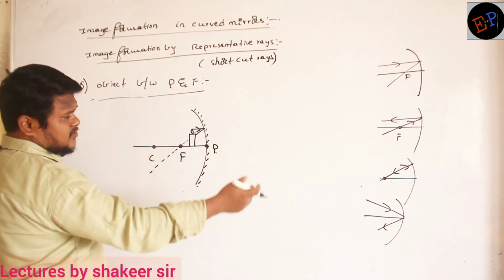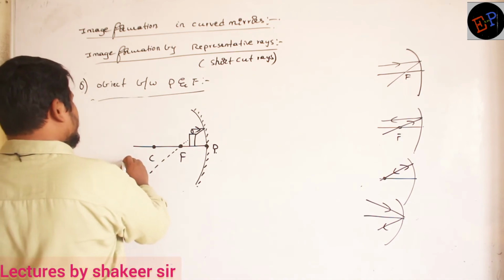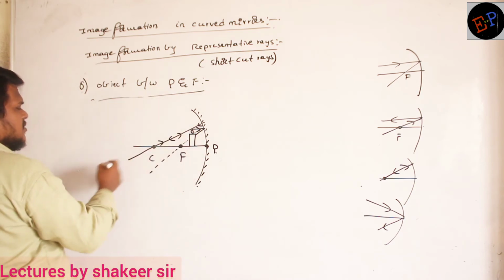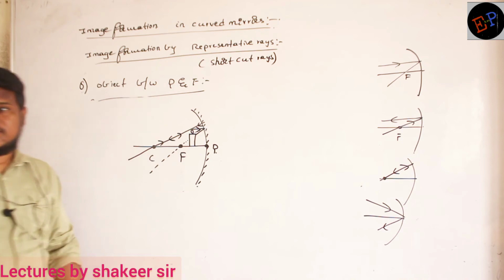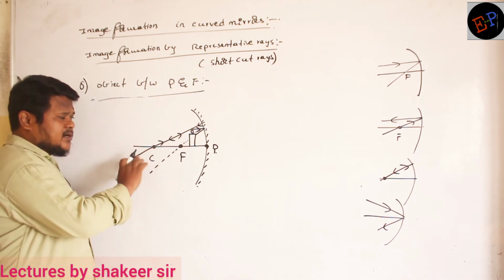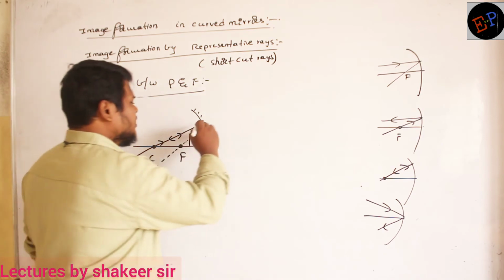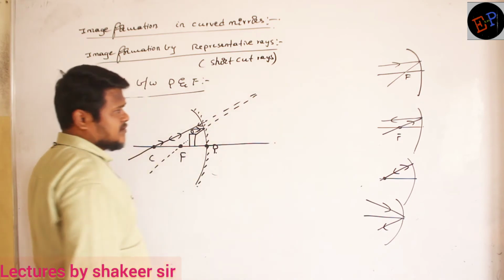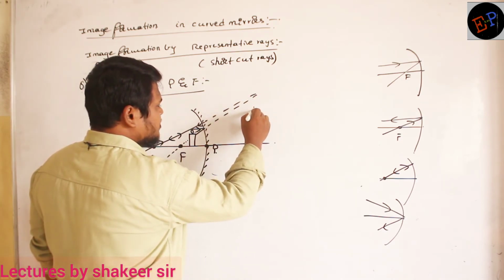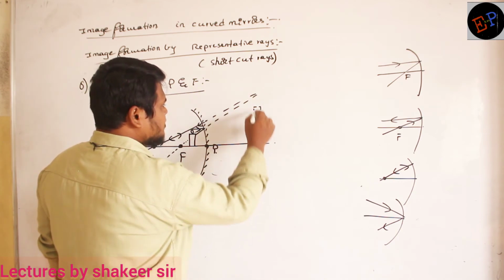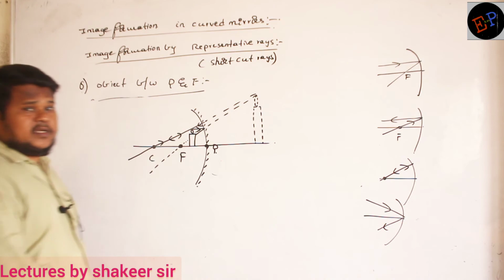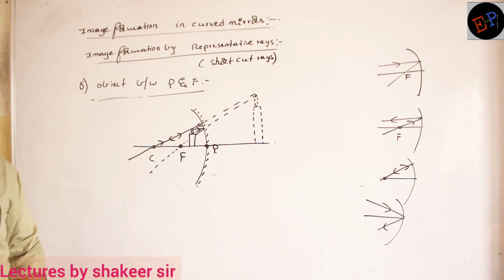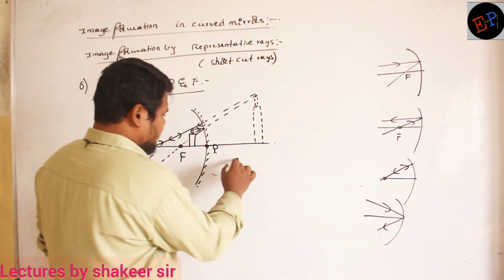And one more light ray. Now I will use ray number 3. What is ray number 3, ma? Light ray passing through the center of curvature. After reflection, it will pass through the center of curvature only. Are you able to understand? It means that these two light rays cannot meet with each other. But if you extend them backwards, clear, ma? If you extend them backwards, they will meet somewhere here. It means what is the nature of the image which is created? The nature of the image created is a virtual image. Okay. So in this condition, you will find a virtual image. Are you able to understand? So therefore, what are the properties of the image?